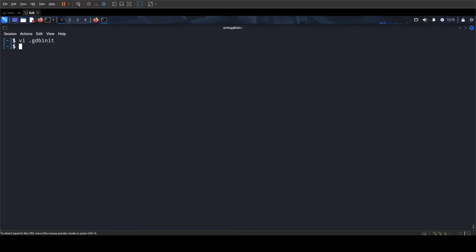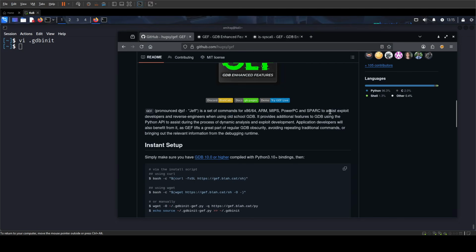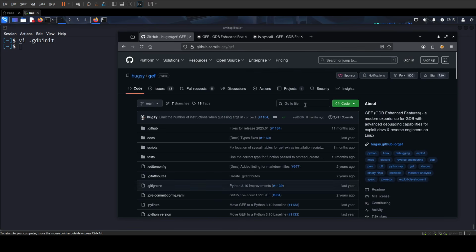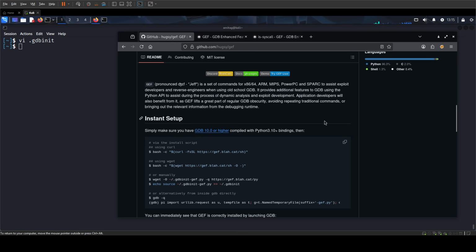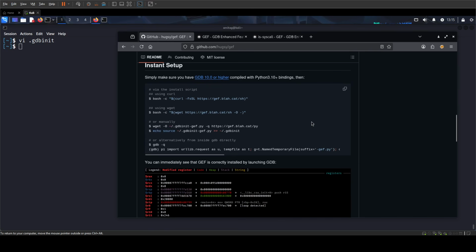Today we are going to talk about GEF for GDB. You can go to this GitHub repo, hugsy/GEF. Now we looked at PwnDBG some time back, right? But as you can understand, PwnDBG